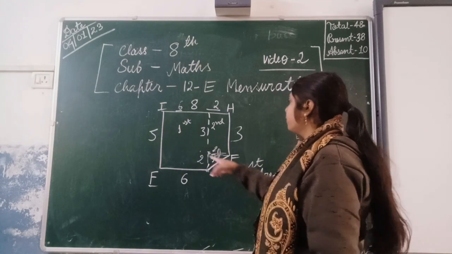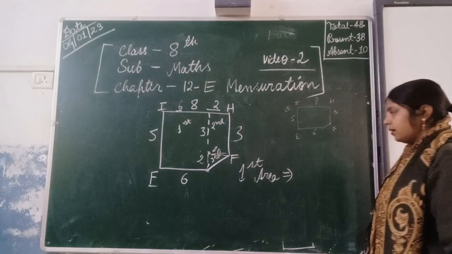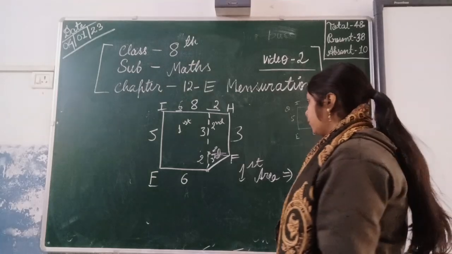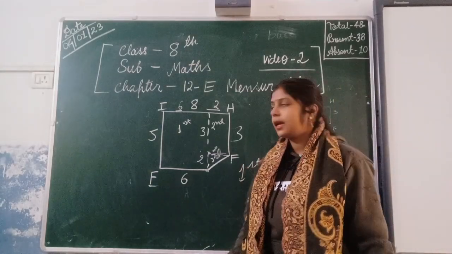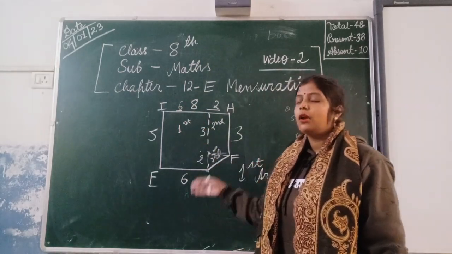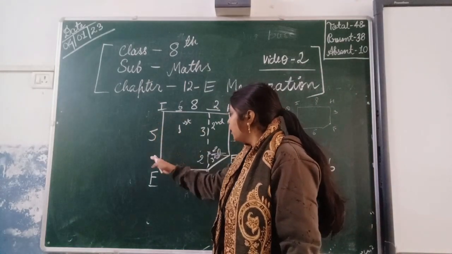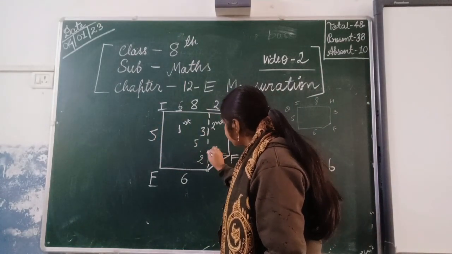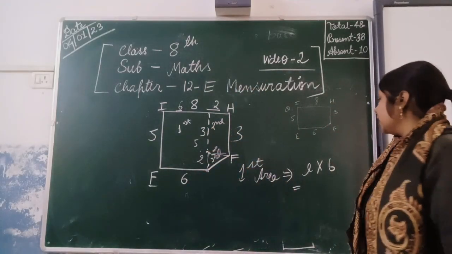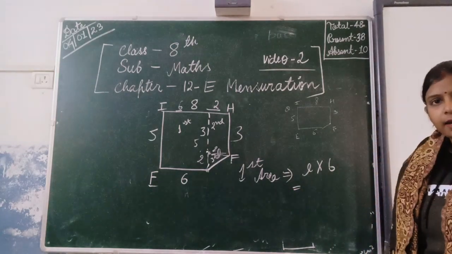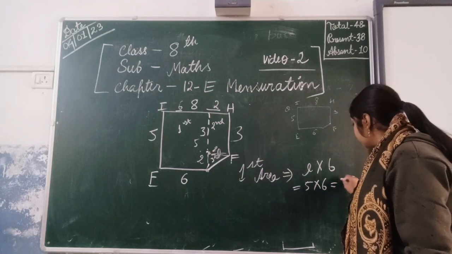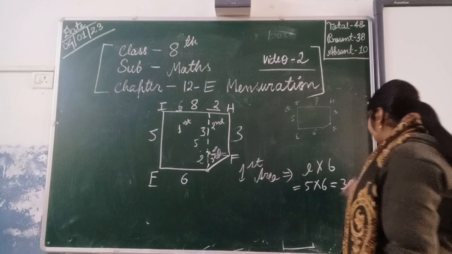Area of the first shape: what is it? It is a rectangle. We know that the area of a rectangle is length cross breadth. I am telling you it is a rectangle because the breadth is the same, that is 6 centimeter, and the length is also the same, that is, here total it is 5, here also it will be 5 only, and this portion is 3 and here it is 2. So for the area of the first figure, that is a rectangle, length into breadth: length is 5 and breadth is 6, that equals 30 centimeter square.